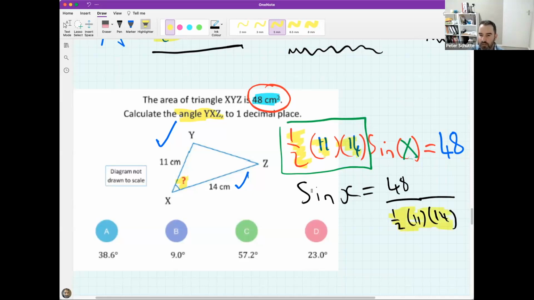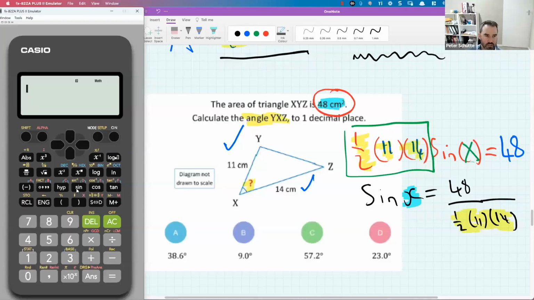Now the problem is I don't want the sine of x. I want x by itself. And how am I going to get that? I need to use inverse sine on my calculator. So take out your calculator and share the whole screen so you can see the calculator again. I'm going to go shift sine, and then I'm going to have 48 on the top, and on the bottom, I'm going to have 0.5 times 11 times 14,